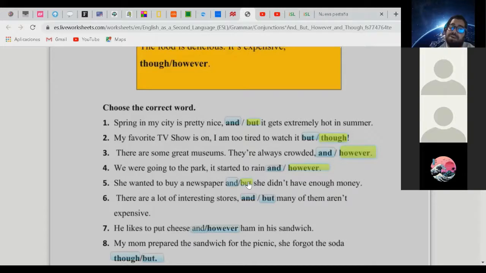Well, she wanted to buy a newspaper, right? But she didn't have enough money. Yes. Okay, if you don't have money, you cannot buy it. Y lo que les decía anteriormente, que le respondí la pregunta a Julie. Guys, acá podemos perfectamente utilizar however en vez de but. Okay, I can say, for example, she wanted to buy a newspaper. However, she didn't have enough money. Okay, it is the same. Remember that however is a little bit more formal, right? Okay. And the last one, guys, I don't know if Jorlani can help me reading number 6.